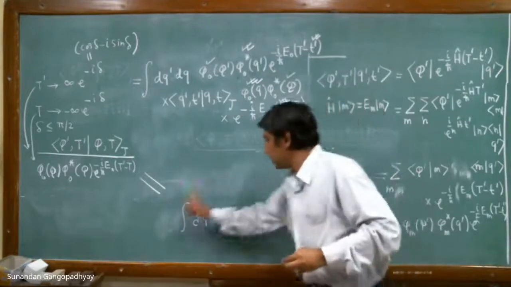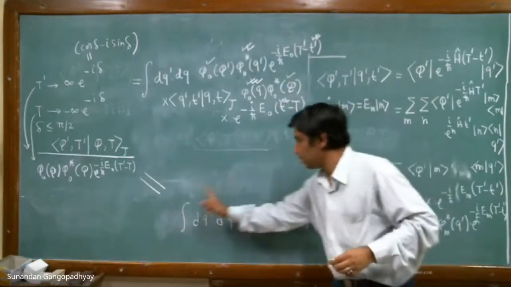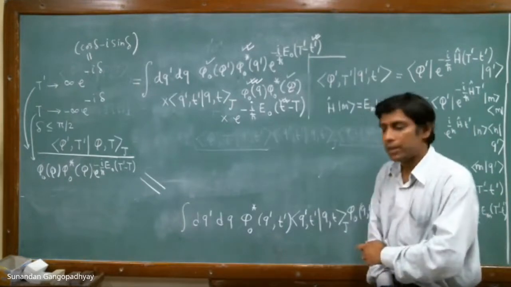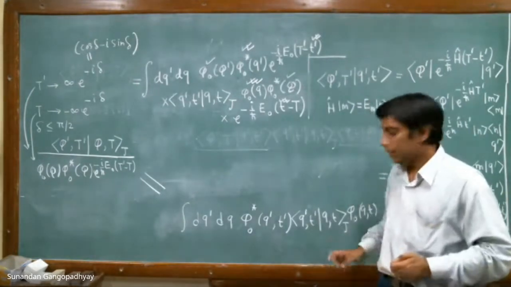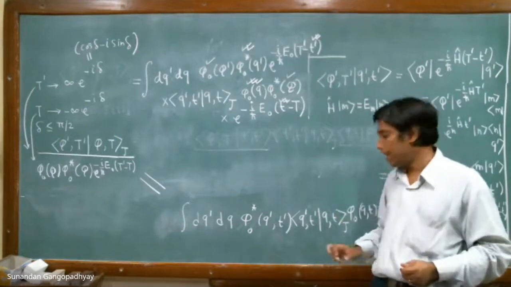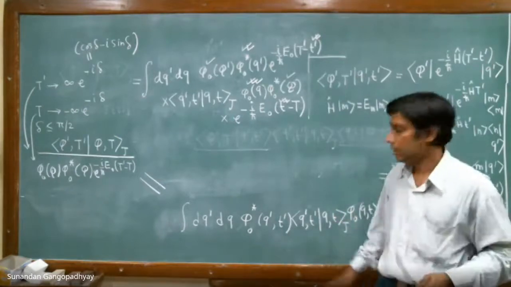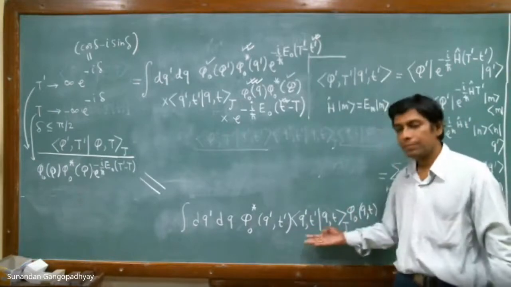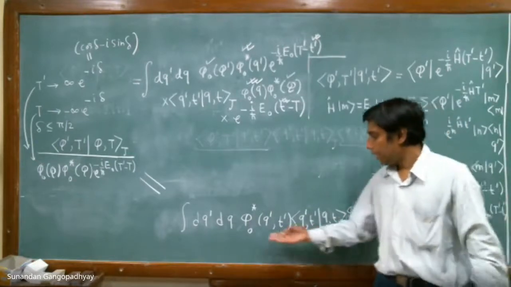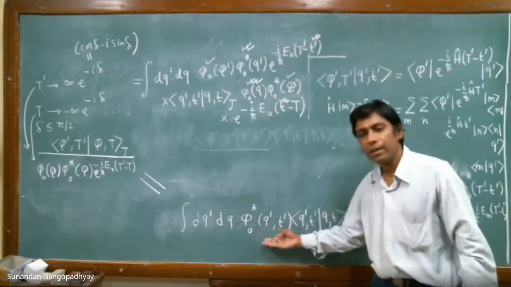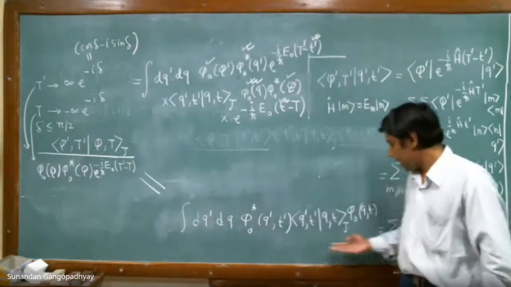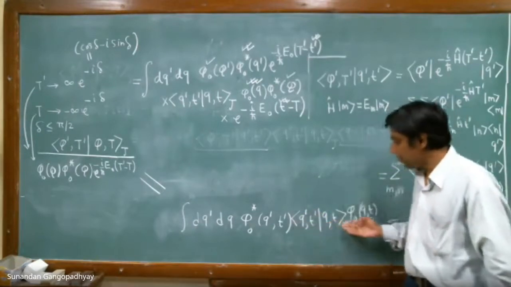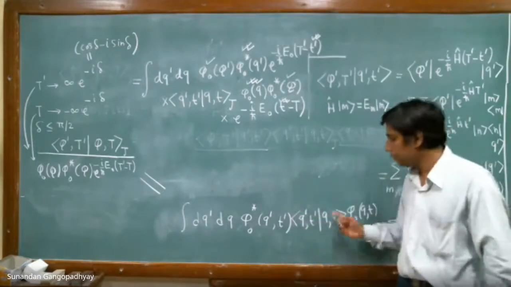But you see that this expression has a physical meaning. What is the physical meaning of this expression? This is the ground state expectation value of this transition amplitude. Just look at this expression. This is the transition amplitude, and you have a phi naught star here, which is the ground state wave function, and you have a phi naught over here, which is also the ground state wave function. So this is basically the ground state expectation value of this object,